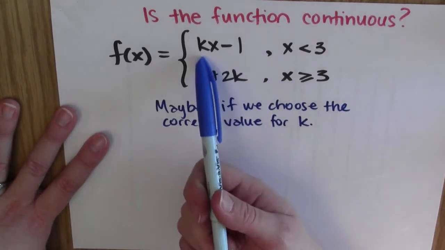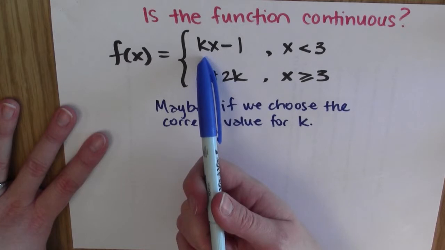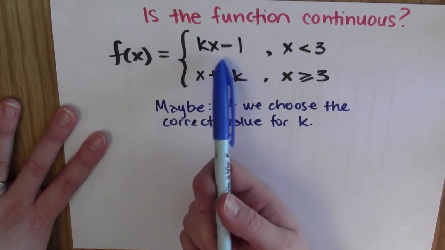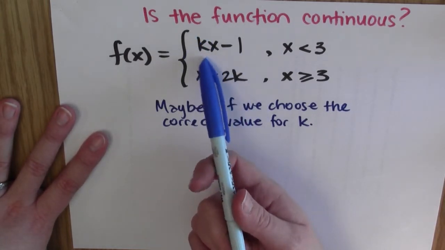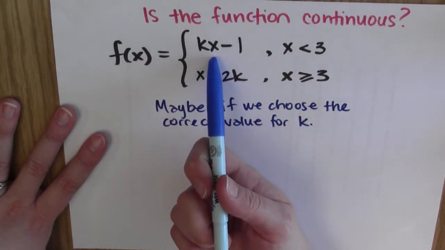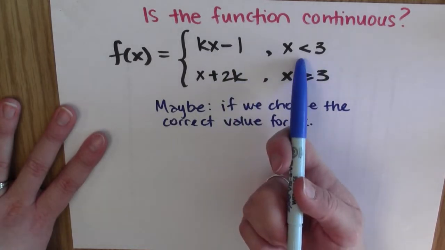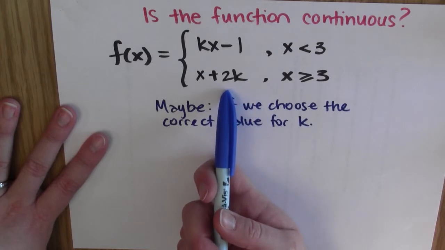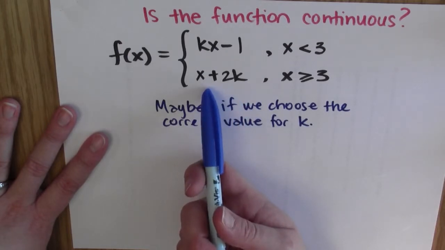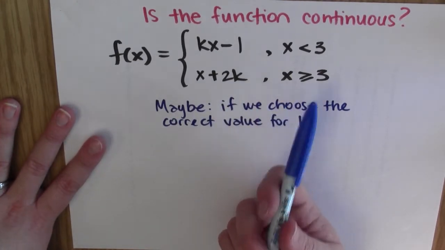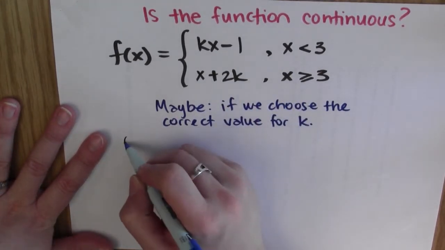All right. So looking at this top part of the function, no matter what value of k I plug in, this is the equation of a line. Some coefficient times x minus 1, so this k is telling me the slope of the line, and minus 1 the y-intercept. And since lines are a special case of polynomials, we know that this piece of the function is continuous, as long as x is less than 3. Again, here I have x plus 2k, which is the equation of a line. So again, this piece of the function is also continuous, as long as x is greater than or equal to 3. So the only interesting point